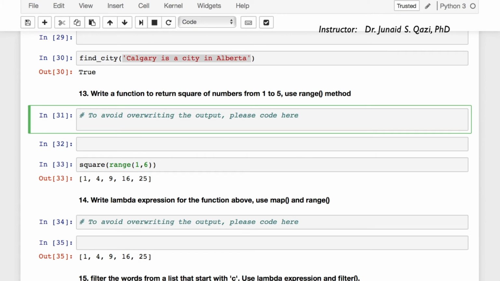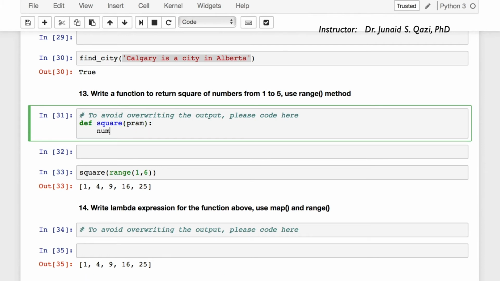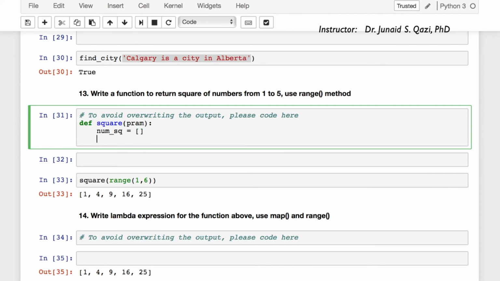So let's start with writing a function def square, pass in parameter, numsq equal to initializing a list so that we can append the squares of the numbers in pram, for num in